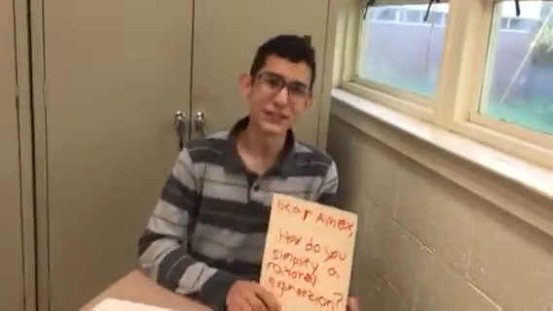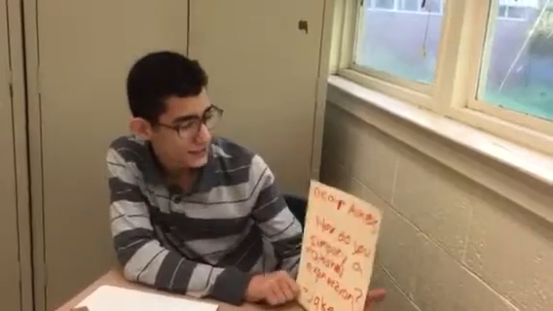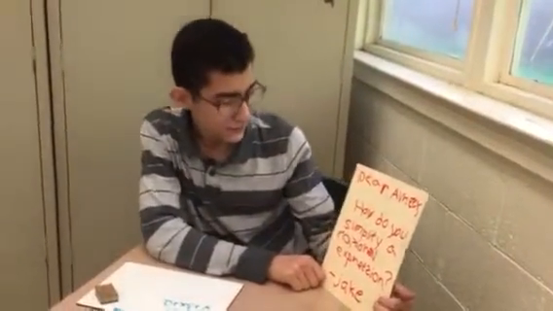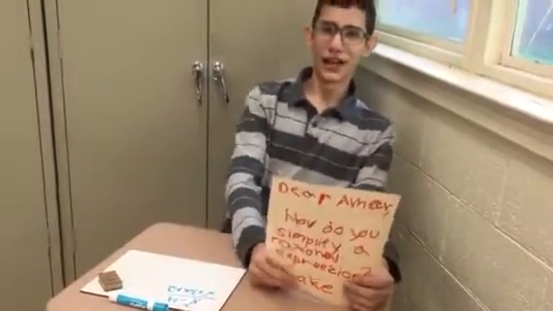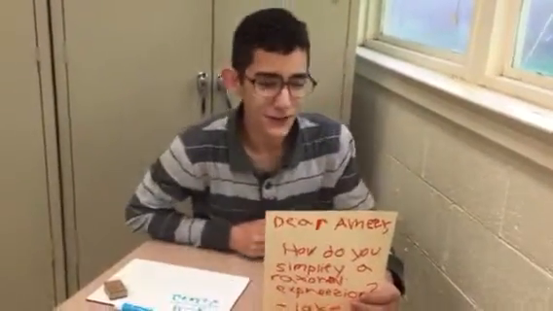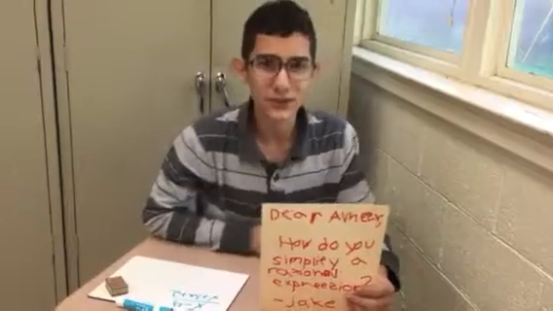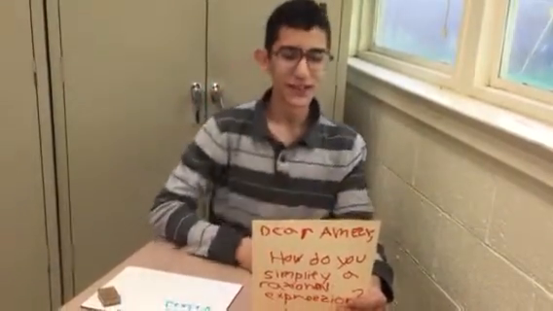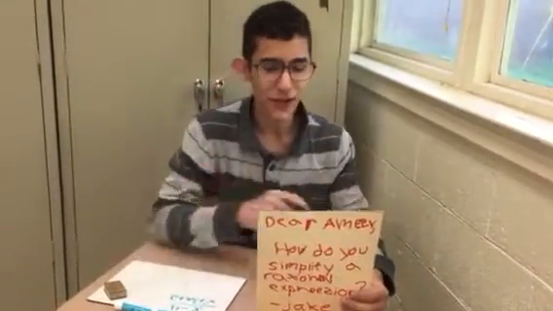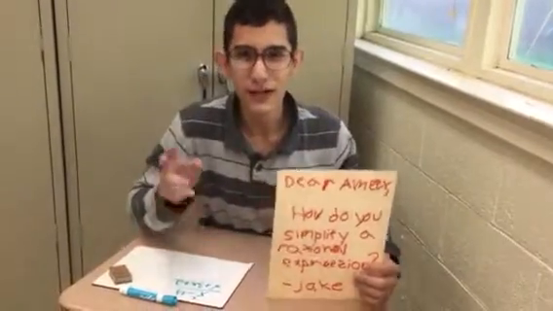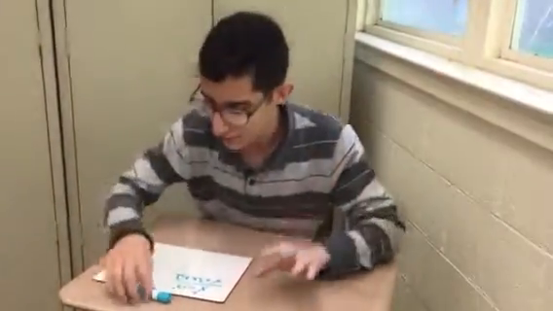Our next question of the day says, Dear Ameer, how do you simplify a rational expression? From Jake. Well, Jake, to simplify a rational expression, split it into its most basic factors. Then you could cross out the similar factors in both the numerator and denominator. For example,